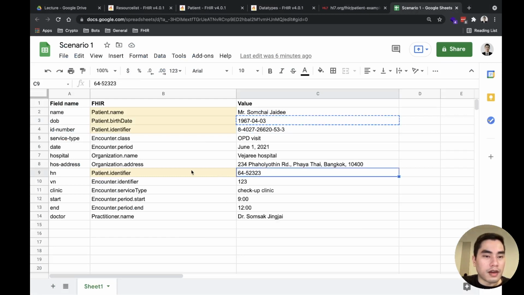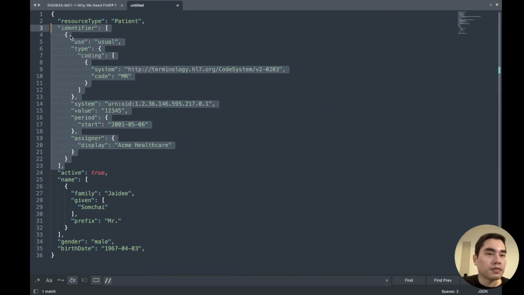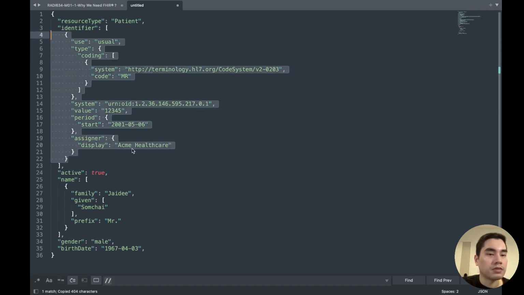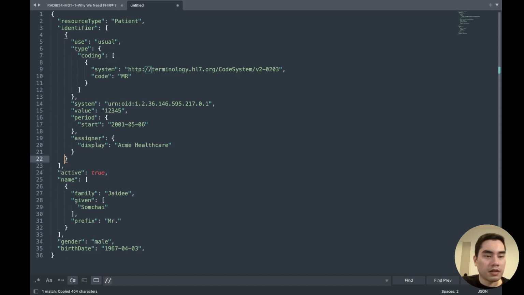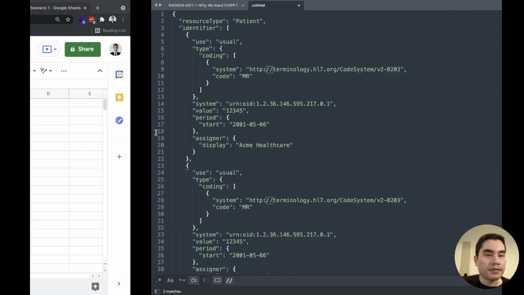The thing left is identifier. So we have two identifiers, and this one is repeatable, and we have this one. How many systems do they have? Oh, this one has only one identifier now, so we have to repeat it like this.